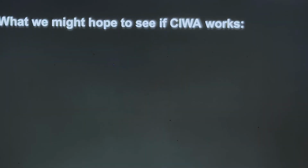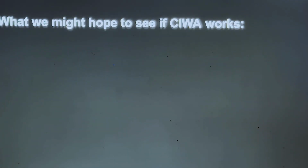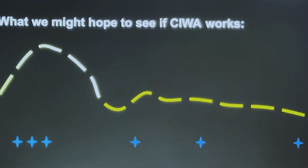Now, what we hope this looks like over the series of a couple days, if it's working, and this is very theoretical here, but just for the general idea, what we see here is at the beginning there might be a high frequency of attention, dosing, assessment, reassessment, and fluctuation in their symptoms, while when we eventually sort of find the rhythm of what level of drug their physiology is requiring